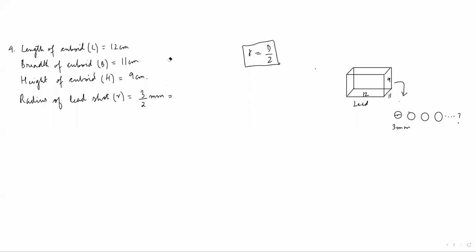Here the diameter is 3 millimeter, converting to centimeter we divide by 10. So we get this, that is 3 by 20 centimeter. So now the number of lead shots will be equal to